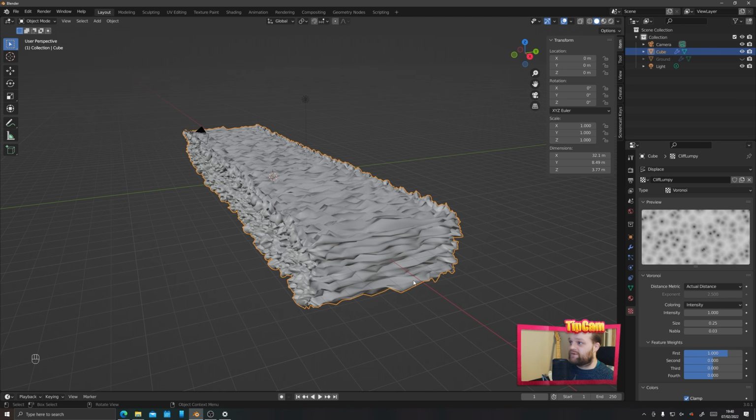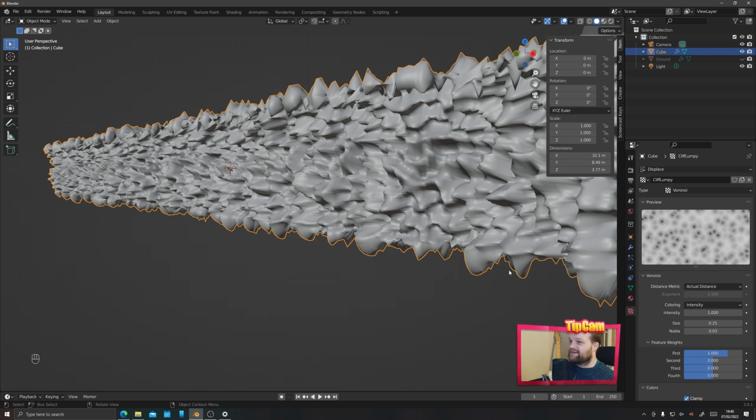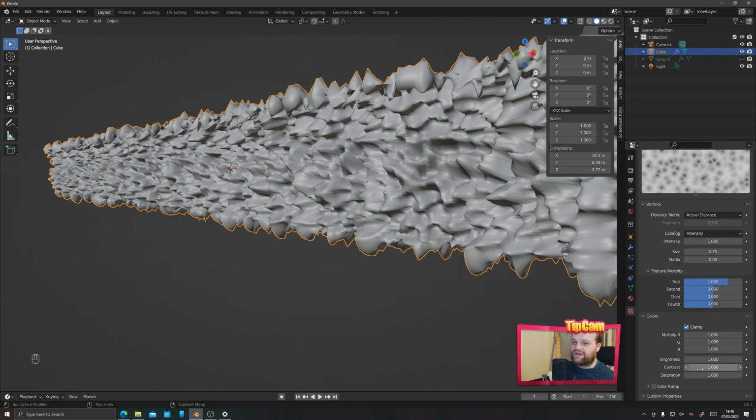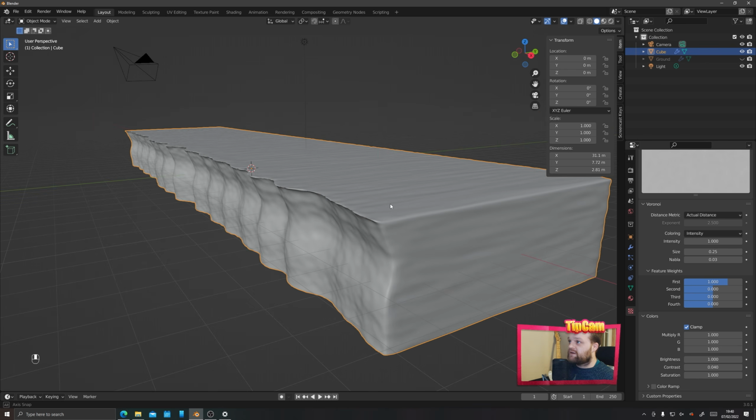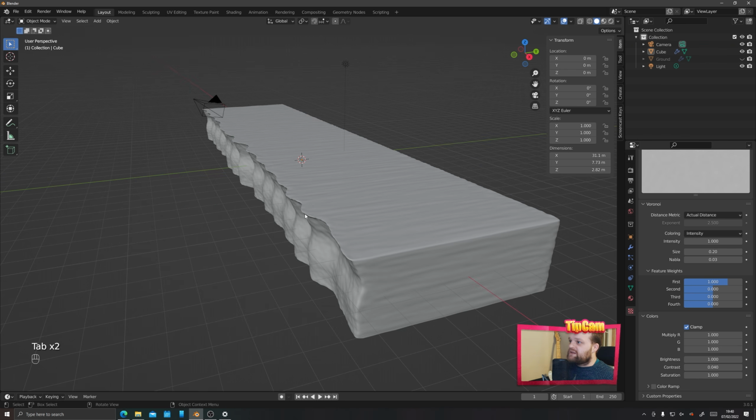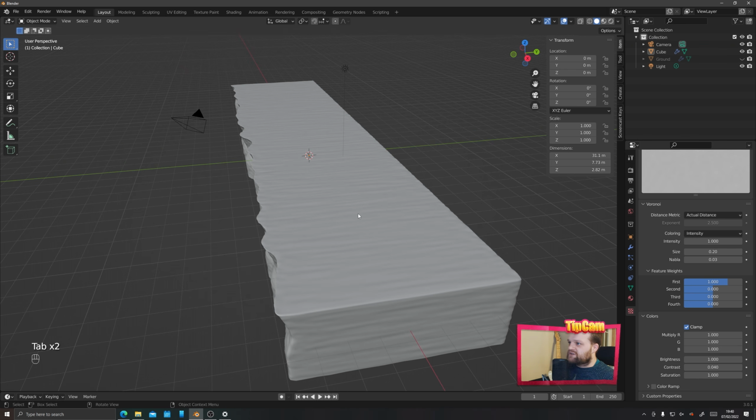We're going to do a Voronoi, okay? Kind of crazy at the moment, but of course we're going to take that all the way down. Let's try the same amount of contrast, 0.04. Looking very nice there. Last thing we need to do to stop this kind of stretching only going in one